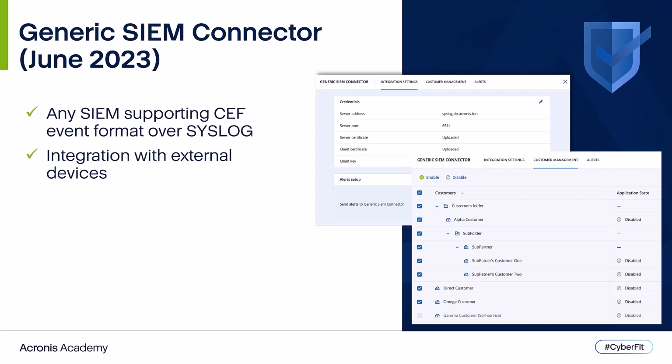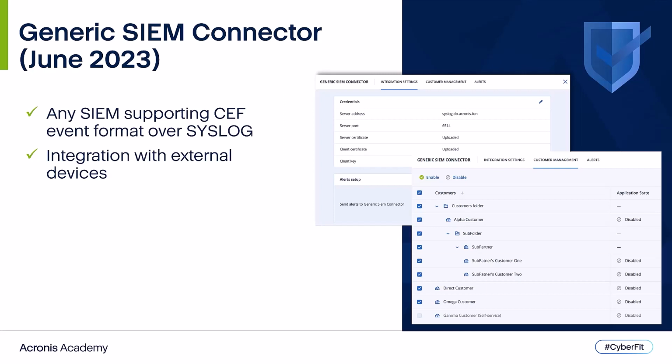SIEMs empower MSP security specialists to identify attack routes across the network and get visibility into compromised files. Now with the Acronis Generic SIEM Connector, MSPs will gain extra visibility into customers' networks, will be able to search for threats across all managed workloads, and correlate events from both security and data protection applications, and run response actions based on collected telemetry that is now enriched with Acronis data. SIEM platforms are used by many MSPs for security incident investigation and remediation, threat hunting, and